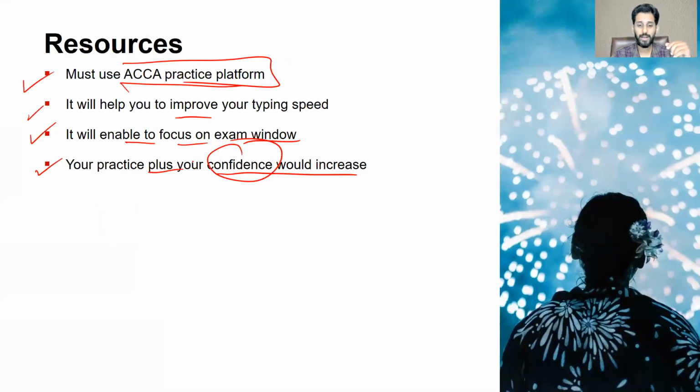So what's the bottom line? The bottom line is that students often neglect the ACCA practice platform and simply read in their own style. But what I do prefer is that you must use the ACCA practice platform. For example, if you are doing 5 questions on your own, then at least 2 questions should be on the ACCA practice platform, right? That means 40% should be done on the ACCA practice platform. I would encourage 100%, but at least open it.